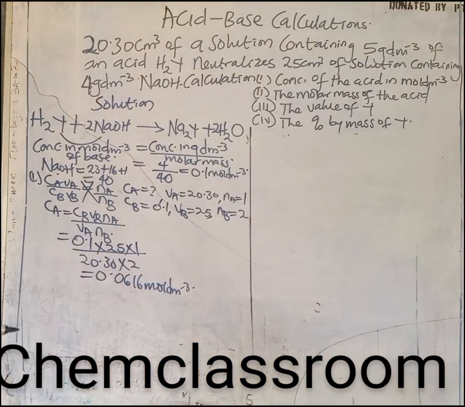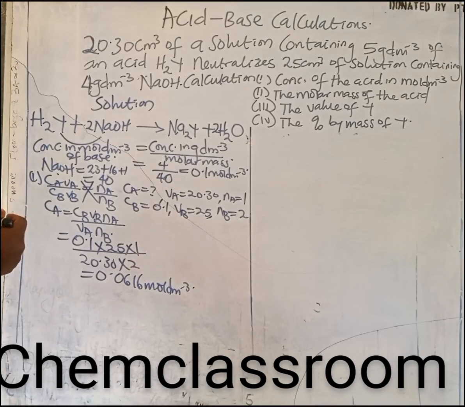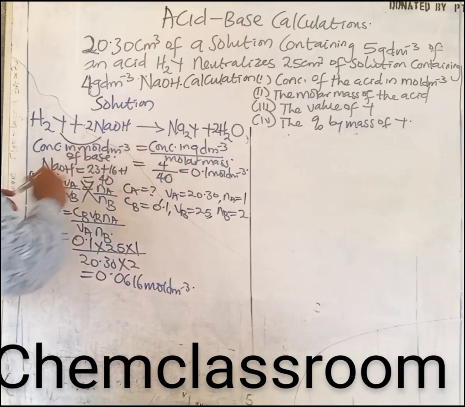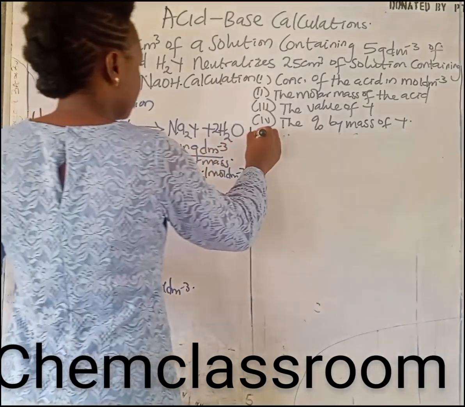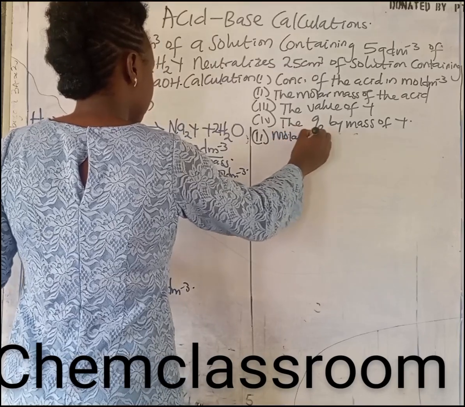So I have solved the first question, which is the concentration of the acid in mole per dm cube. The second question says I should calculate the molar mass of the acid. So what I'm going to do is use molar mass as the subject of the formula. So I will say molar mass